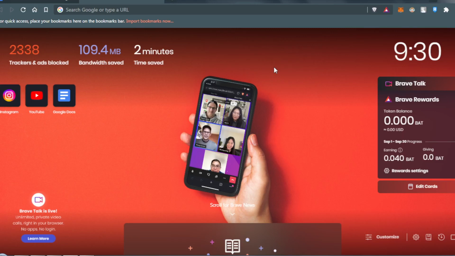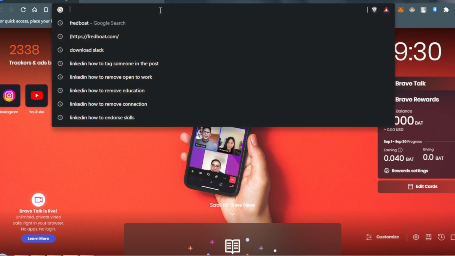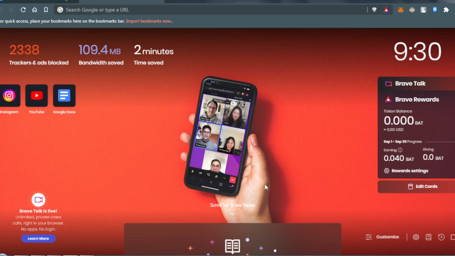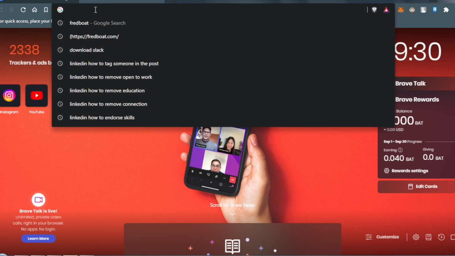So first of all, of course, all you need to do is have Discord on your PC. If you don't have that, just go straight and download it, set it up, and sign in to create an account. Of course, if you already have an account, just log into your account and then open your browser, whatever browser you're using. Click on a new tab, and all you need to do is just type